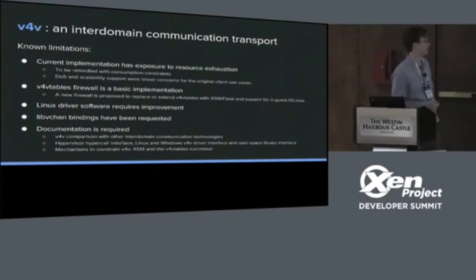The two remaining things on the list are, first, vChan bindings have been asked for during the upstream attempt. vChan is an interdomain communication protocol that's already present in upstream Xen. So people who are using that, who would like to be able to benefit from V4V if V4V were to land, would need a smooth transition path. We have not pursued implementing this because we haven't got a use for it, but if there's enough upstream Xen community interest in V4V, then that's the kind of thing that we might do in order to support